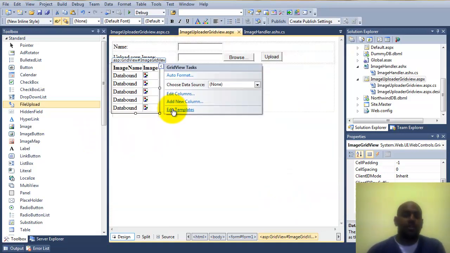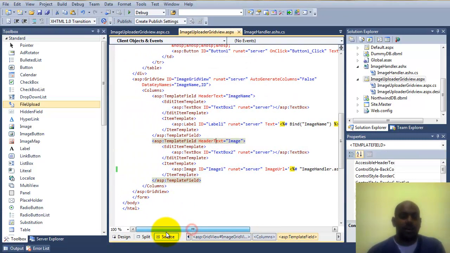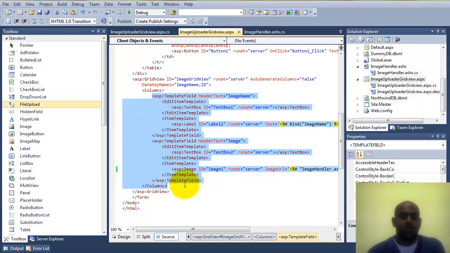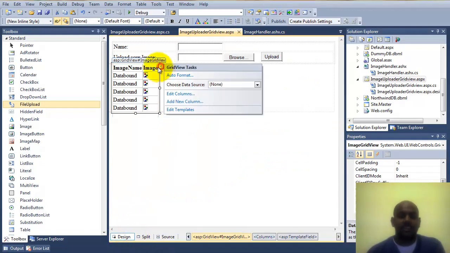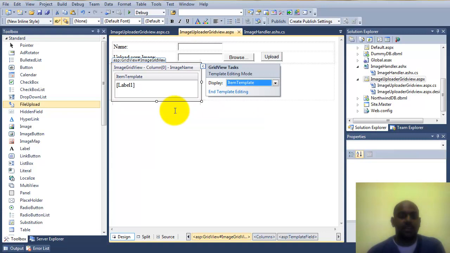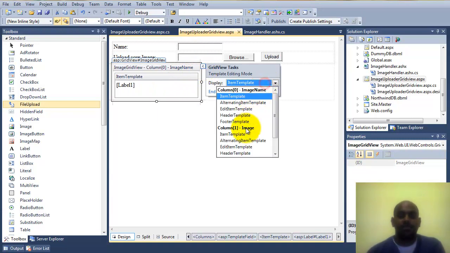So once you click OK, you go to your source code and check that you have the code just the same as what I have. That's very important. The second thing is I went here and clicked edit templates. My first item template was a label, and my second item template